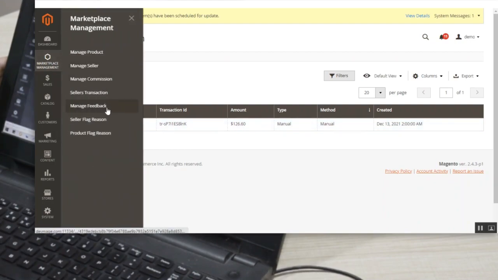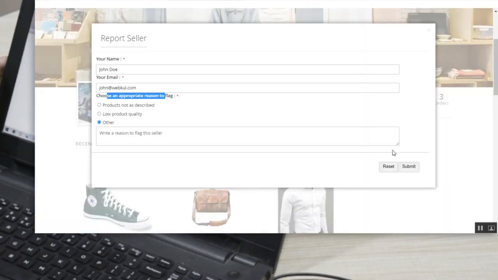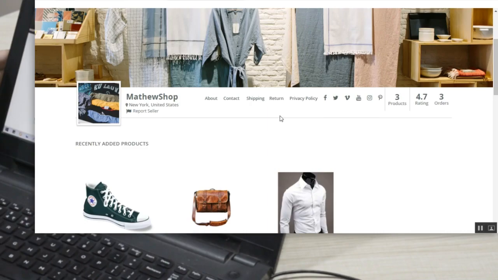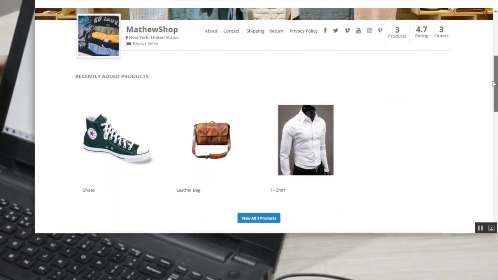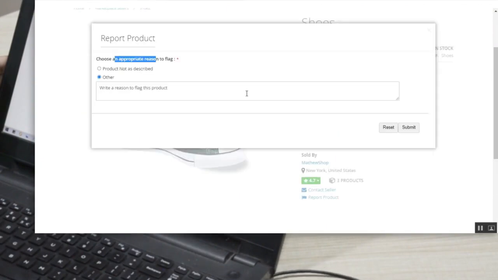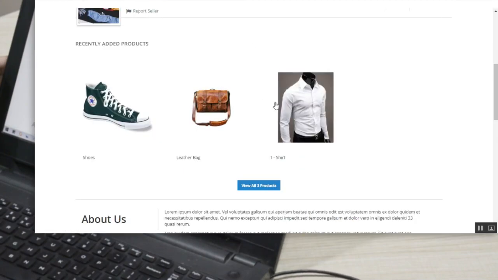Now apart from that, we have the manage feedback section. The manage feedback section works like this. Customers can access the profile page of the sellers from the product page. Basically they can go to this particular section here, for example Matthew Shop, and this would open the Matthew Shop's